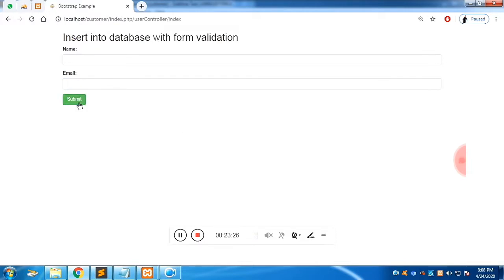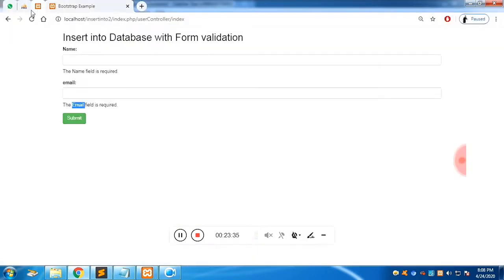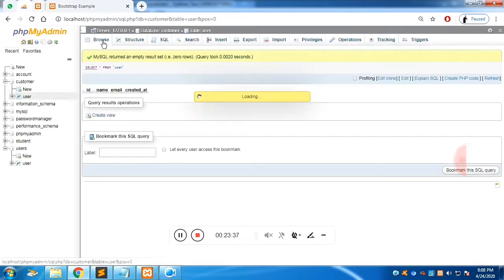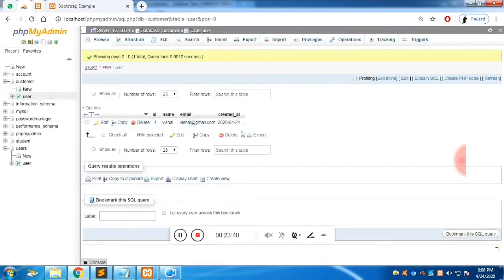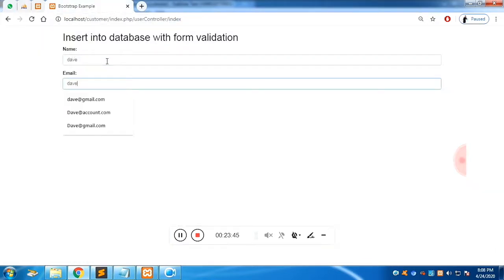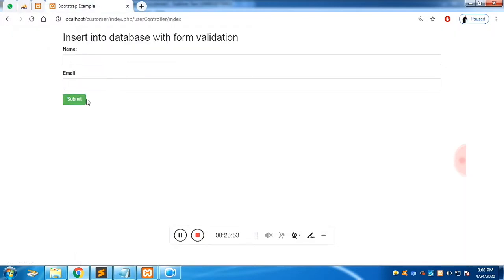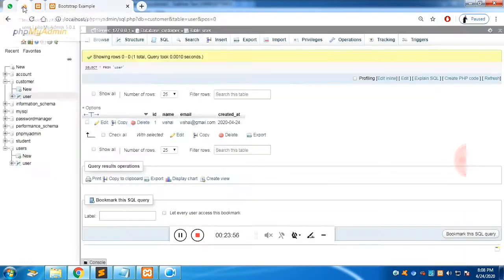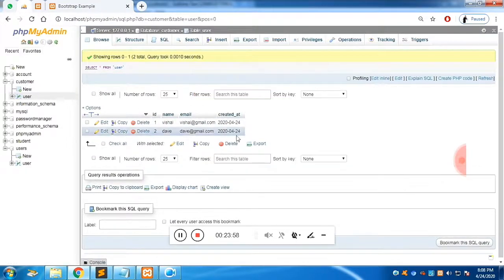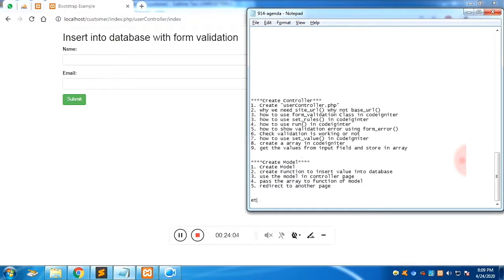click on submit, it is redirecting to the index function. This is the code for redirecting to index. As I said, this is the identifier for us, so that the value is stored. If you click on browse, you can see the value is entered. This is the value which we have entered today. The date also matches. Let's create another data entry and click on submit. You can see this is just one row we have. If you click on browse, you will see two rows, because right now we have entered it. Fine.